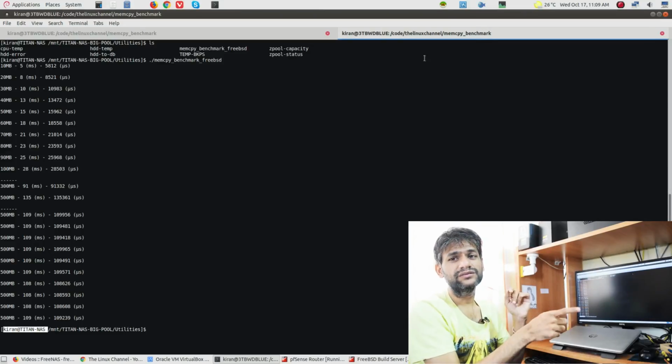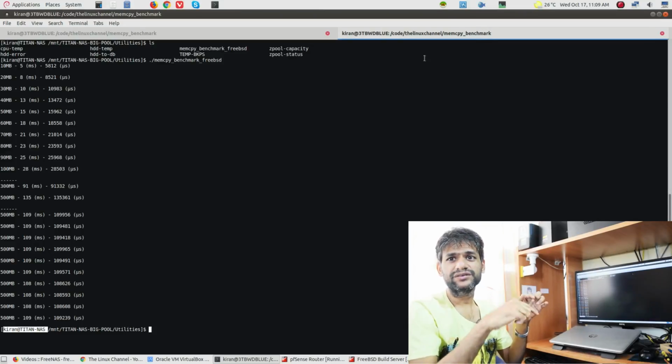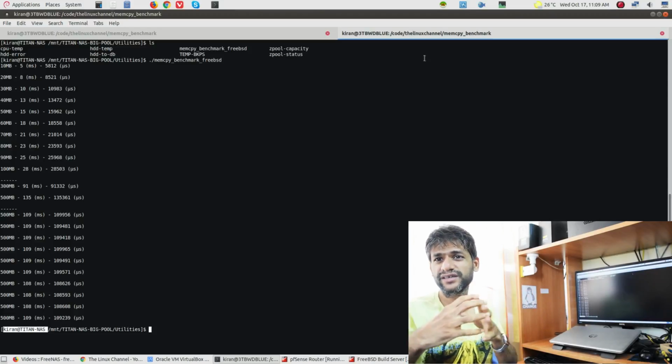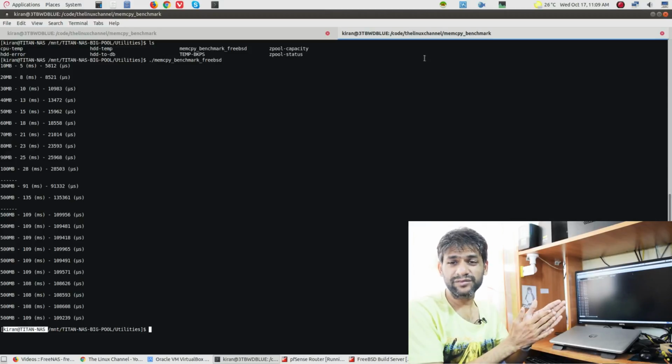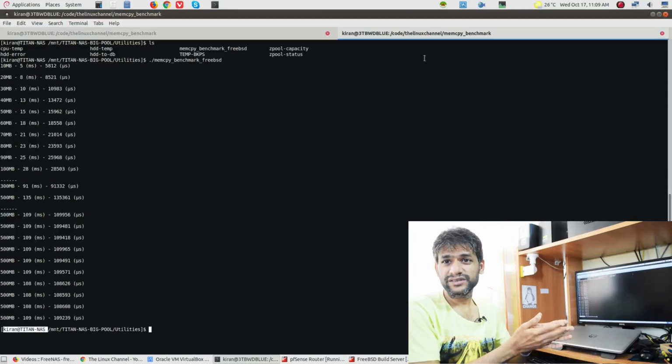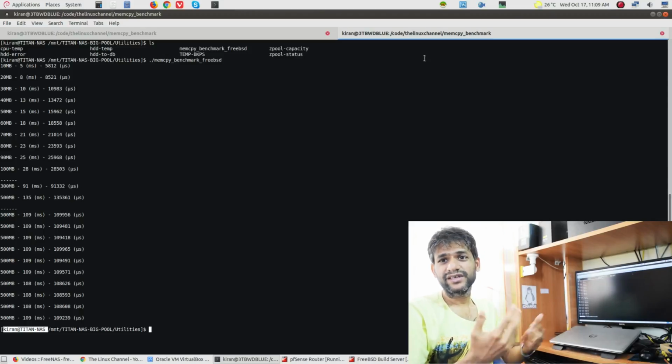So if you get any sort of ups and downs in a curve and it is not linear, all I can suggest is start with a bit higher number. Maybe I should start with 50 MB onwards, not like 10 MB onwards. Because the system is so fast, sometimes 10 MB and 30 MB anything can happen. Sometimes 30 MB it can do faster, sometimes 10 MB it can do slower, and it may mix up the